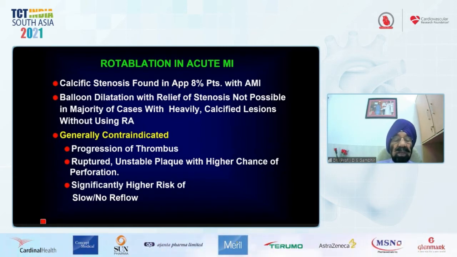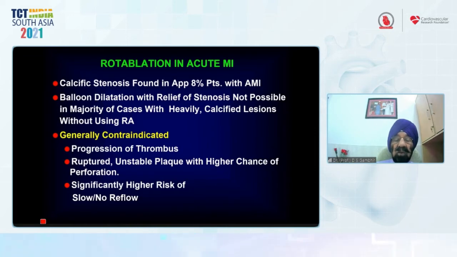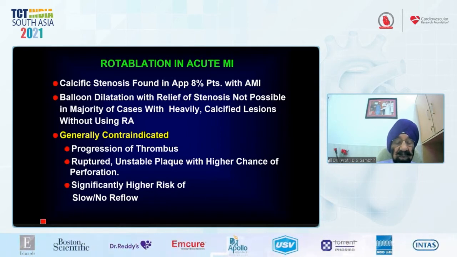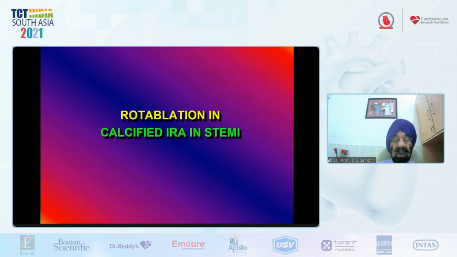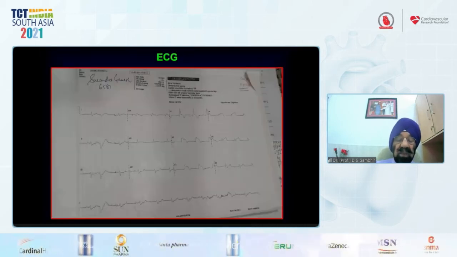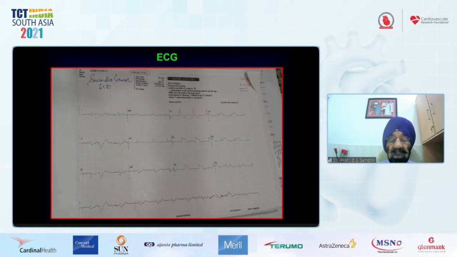We come to a second group of patients where we did ROTA as a primary modality of treatment during the acute phase of STEMI. And as you know, calcific stenotic lesions are found in approximately 8% of patients with STEMI, and balloon dilatation with relief of stenosis is not possible in the majority of these cases. So ROTA is generally contraindicated in such cases because of the presence of thrombus, ruptured plaque, and high risk of slow flow. I'm going to show you, we have six cases by now, and this is a case which came with